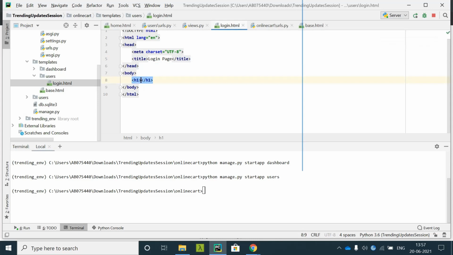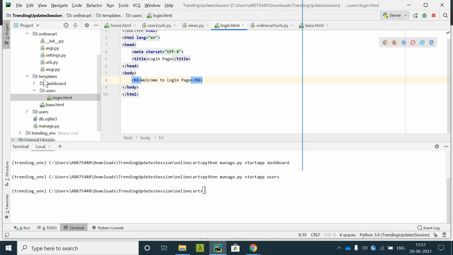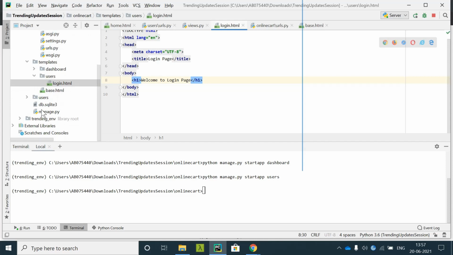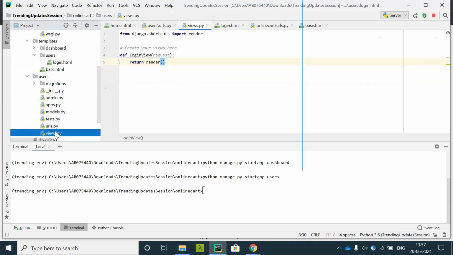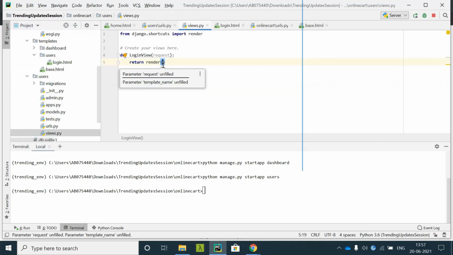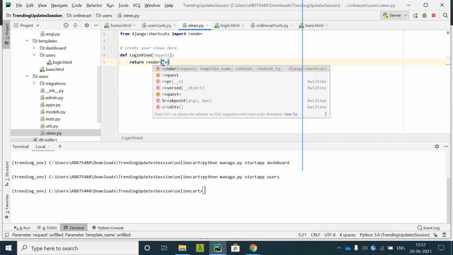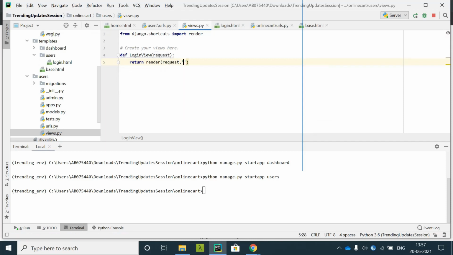Okay, so welcome to login page. Okay, these are the things. Now to access this login page from the view, I need to go to the users view, and then say render it, and say request.